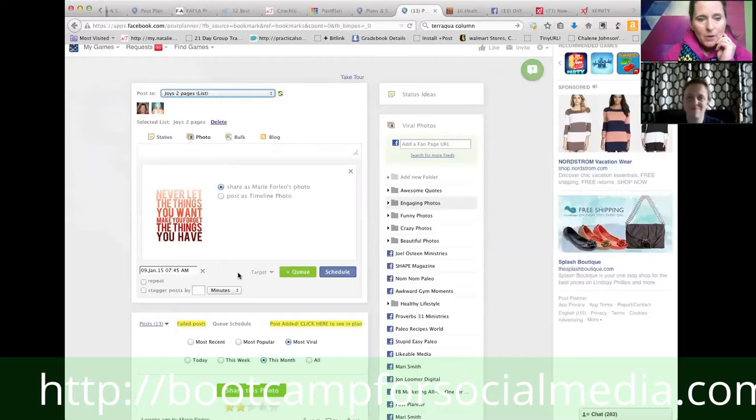So I usually post it as the author's photo, just because it seems like it just makes sense to do that. Post as a timeline photo means that it shows a link to the photo, as well as,